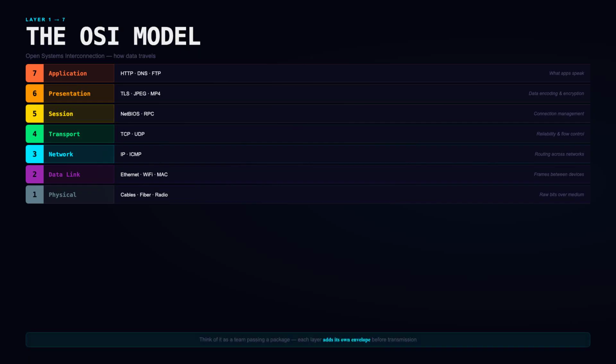Layer 4 is transport, TCP and UDP, reliability and flow control. Layers 5 and 6 handle sessions and encoding. Layer 7 is application, HTTP, DNS, email protocols, what your apps actually speak. Think of it as a team passing a package down an assembly line, each layer adding its own envelope before